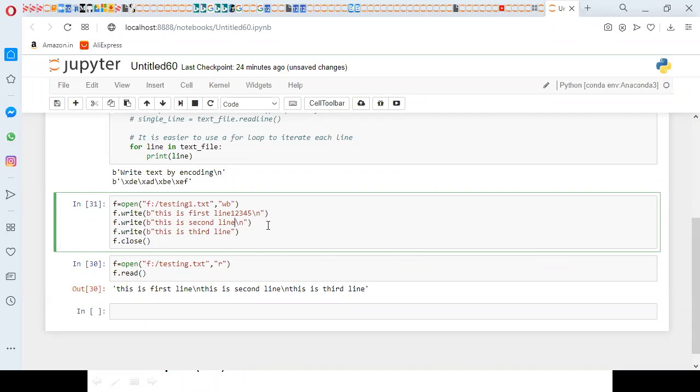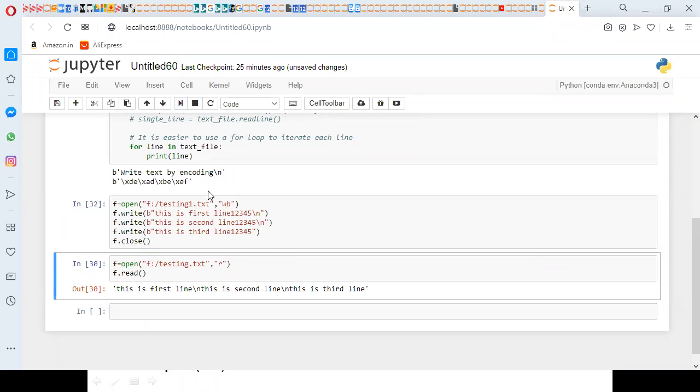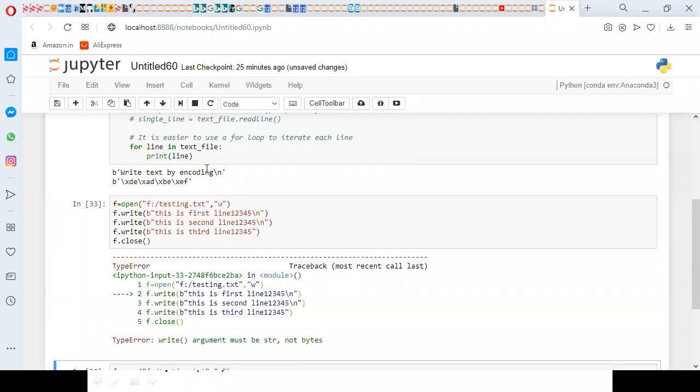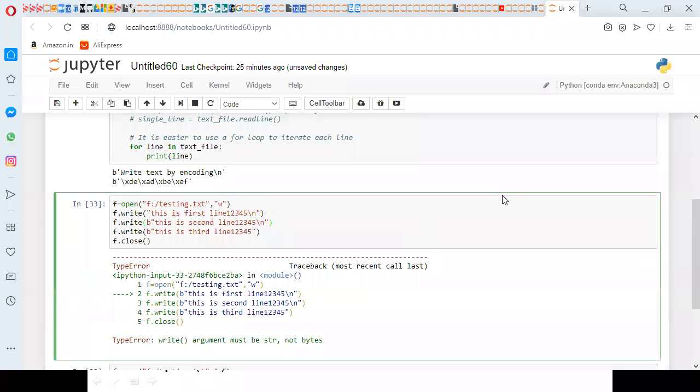So in every line I'm going to use some numeric data. Initially I'm going to write binary, and then after, without binary. Here you need to remove that one.